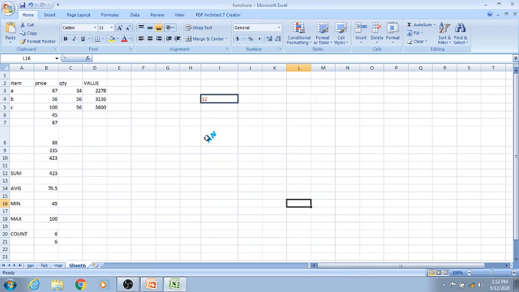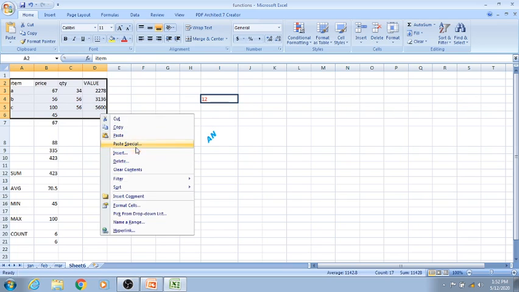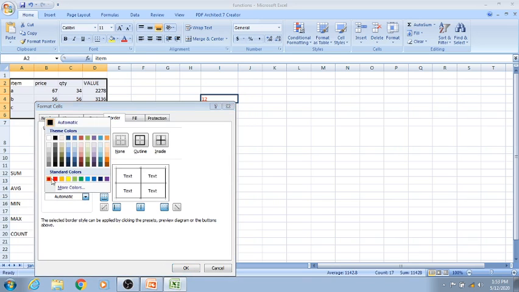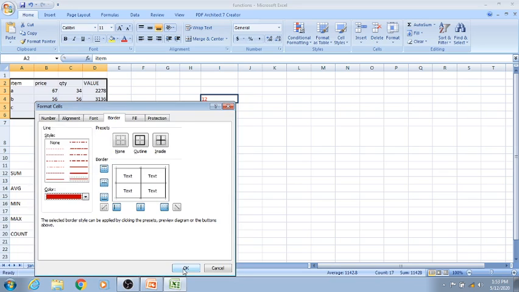See, outline, blue color, thickness the same way as I said. So this is for the single cell. Now if I select a range of cells, suppose here, and I press the mouse button and I say Format Cells, say outline, inside, choose the style, choose the color and say okay.